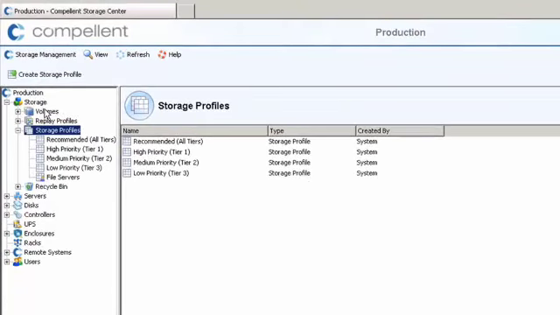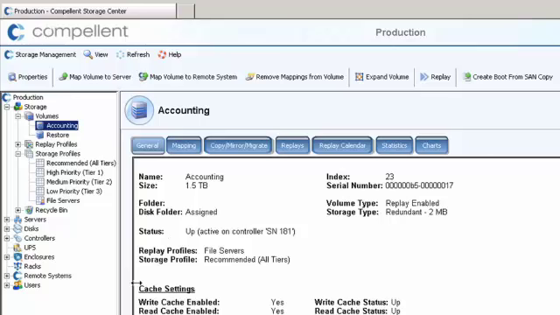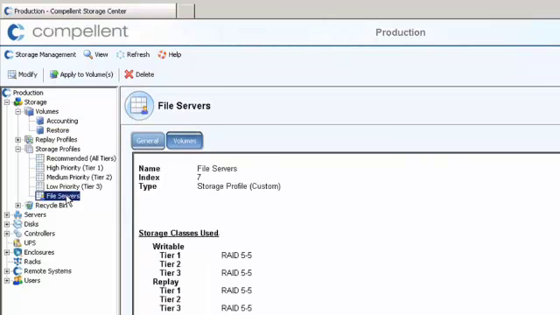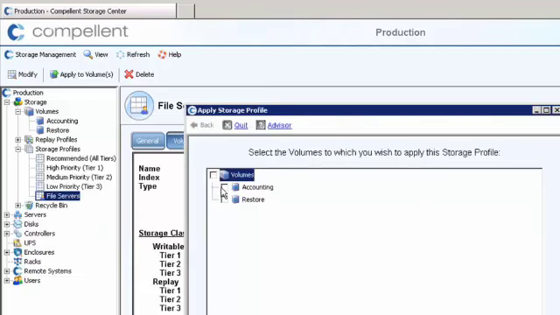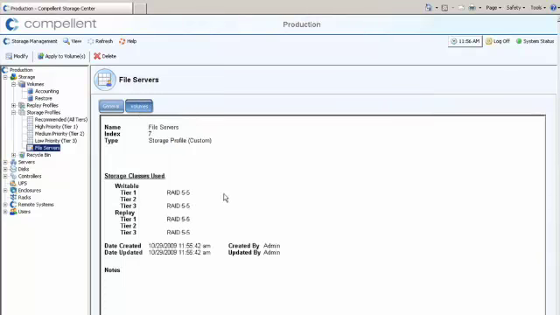Now earlier on I created a volume for the accounting department. Here's that volume right here, and if you look right here you can see that by default when that volume was created it used the storage profile called Recommended. Well, I'm going to reassign this volume to the File Servers profile that we just created. I'm going to do that by selecting our profile called File Servers, right-click, Apply to Volumes, select the volume I'd like to apply it to, so here's our accounting volume, click Continue, a little confirmation, Apply Now,